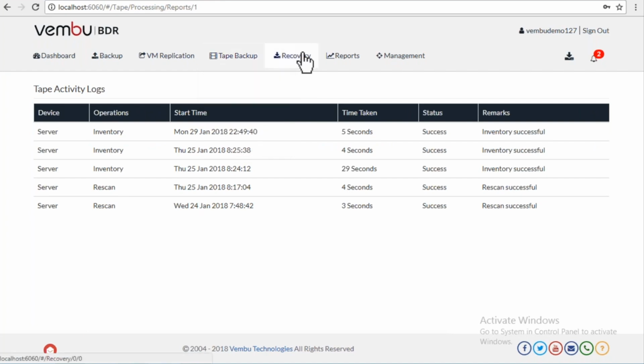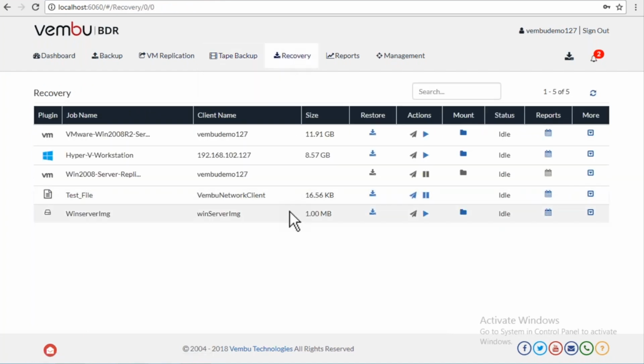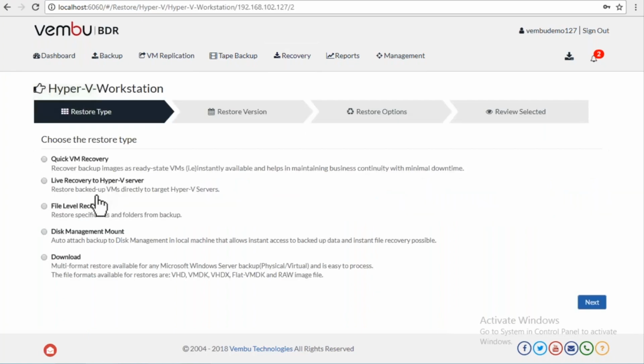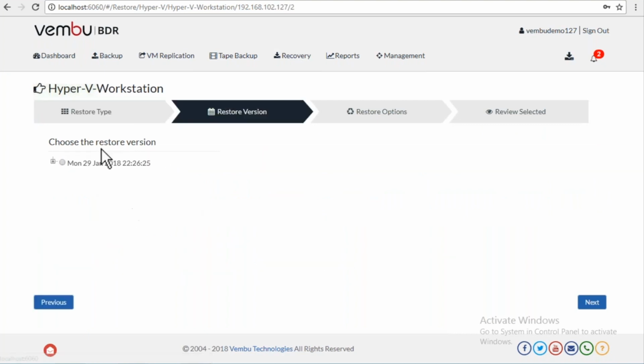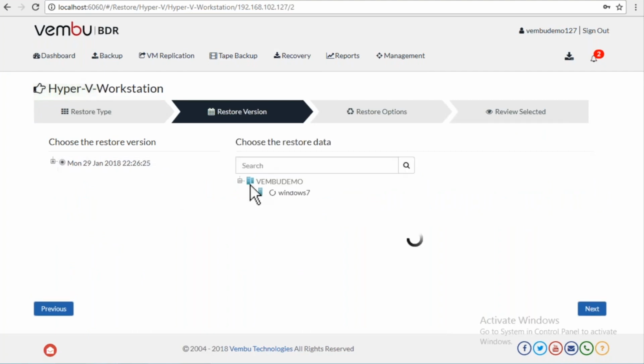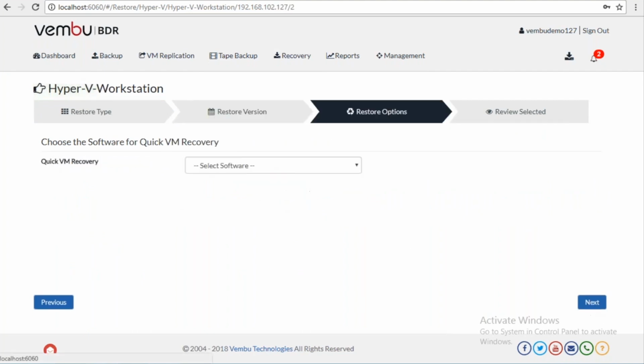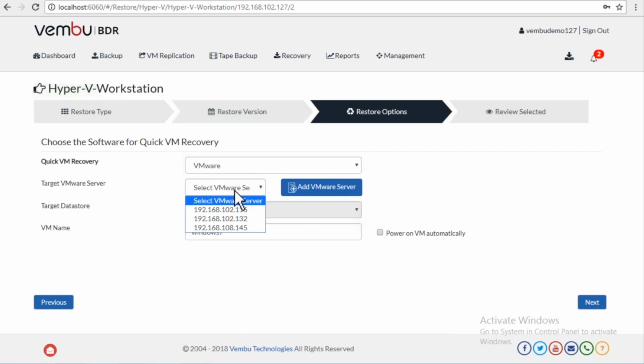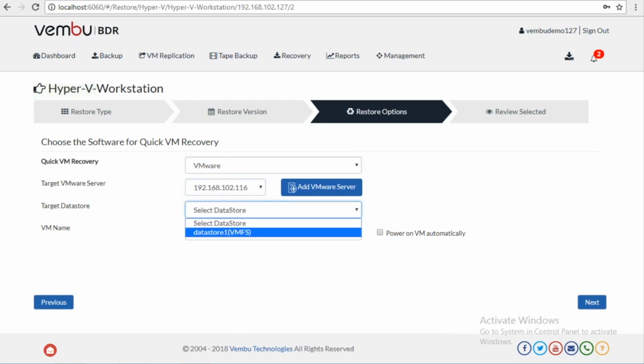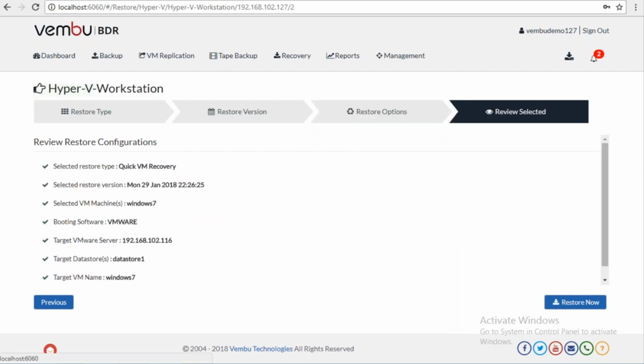Apart from that, the recovery options for VMware and Hyper-V, as I told you, are very simple. You just click on the backup job, and you see the various recovery options available with Vembu. The quick VM recovery, as I told, is for a Hyper-V backup, so it's a VM running on Hyper-V. I want to boot it as a VM on either Hyper-V or VMware. I want to boot it as a VM on VMware, not on Hyper-V. Vice versa, you can also boot a physical Windows machine on VMware or Hyper-V, or a VMware virtual machine on Hyper-V. Just click next,